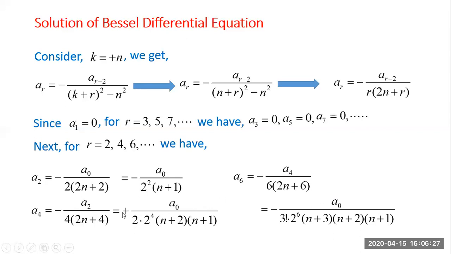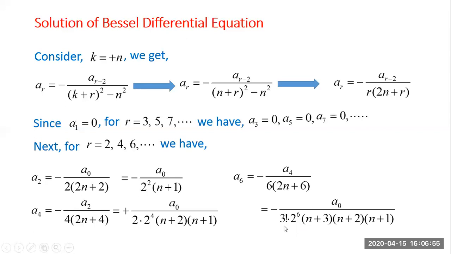So if I substitute a4 is equal to this term here, I get a0 in the numerator. This minus multiplied with this plus sign remains as minus. Take 2 common here, I get 12 into n plus 3, so that n plus 3, n plus 2, n plus 1 we get here. So this 2 into 6 is 12, 12 is 4 into 3, 4 is 2 square and this 2 power 4 I write as 2 power 6. Remaining 3 into 2 is 6, so I write it as 3 factorial.